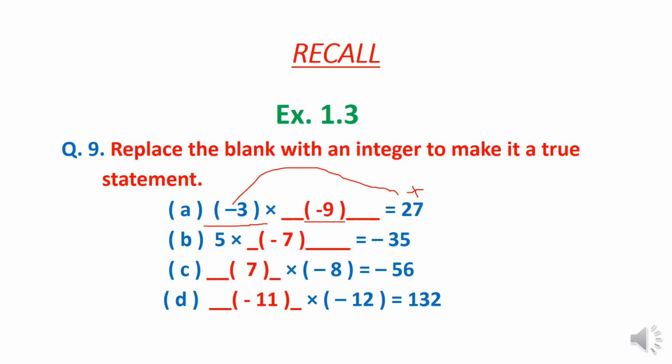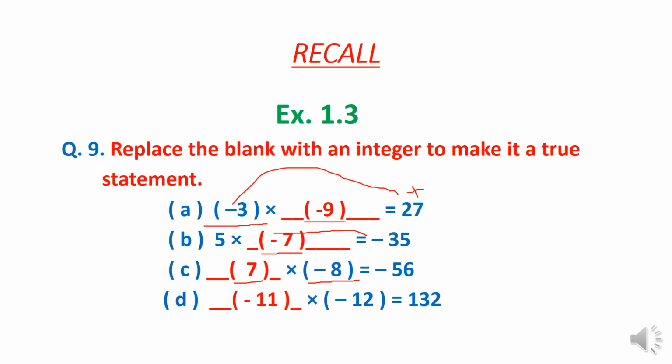Now, let us see option B. In option B, the required integer will be minus 7, because 5 multiplied by 7 will become 35, but the answer we need is in the form of minus, that is why the required answer will be minus 7. Now, let us see the third option, where the number given is minus 8. If you count the table of 8, it will become 7 times. 8 7s are 56. So the required digit is 7, but the answer we need is in the form of minus, so this will remain in the form of plus.